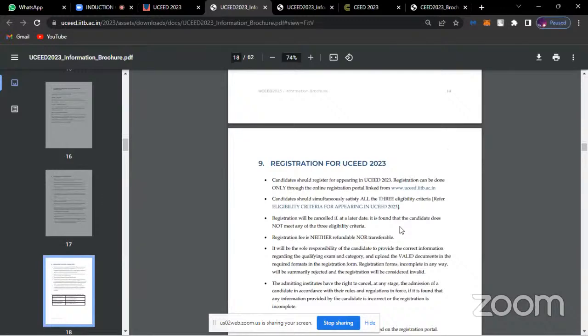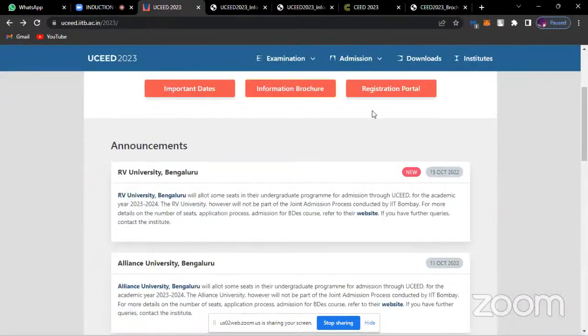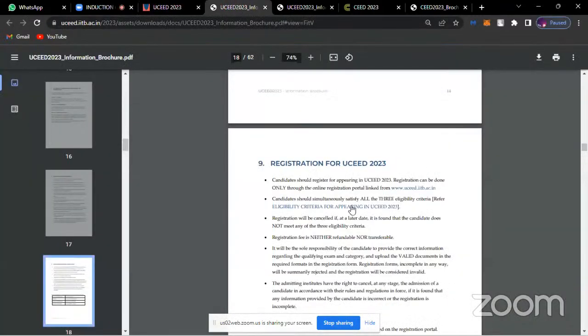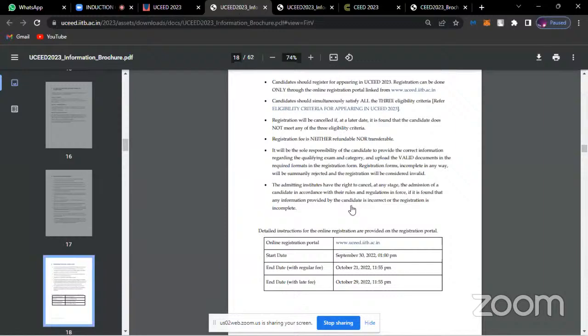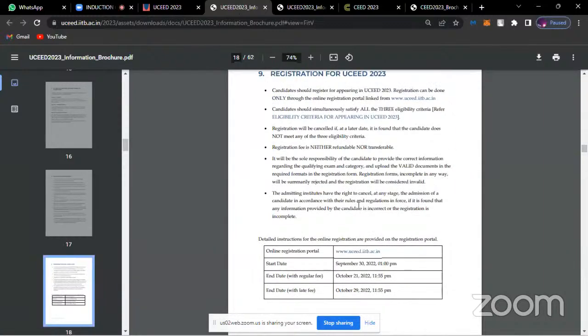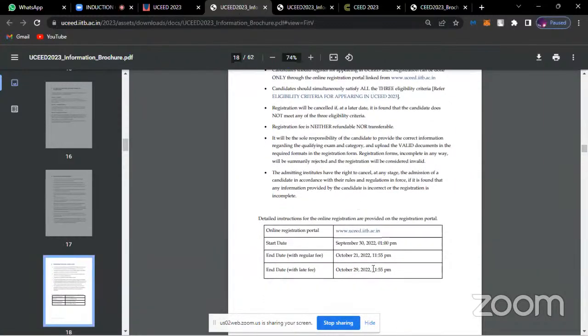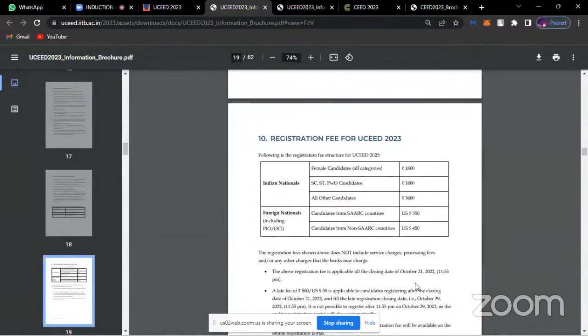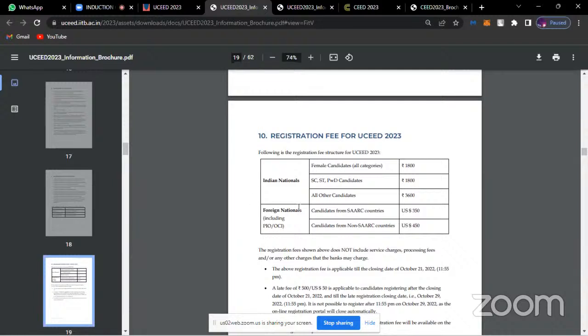For registration, it's very easy, as you have already seen, you just have to go through the registration portal. We'll go through a little bit of that as well. I'll make you understand how to do that. It's very easy, not a tough challenge. So yeah, you will be redirected very quickly. It's a very easy process, each and everything.